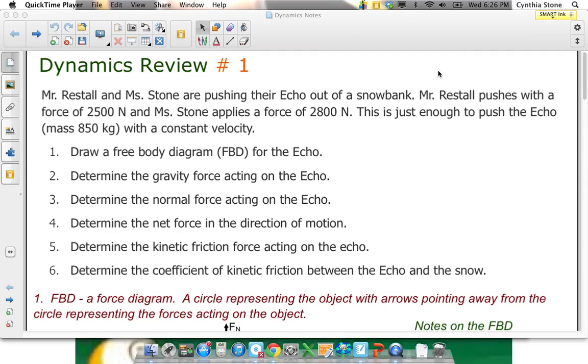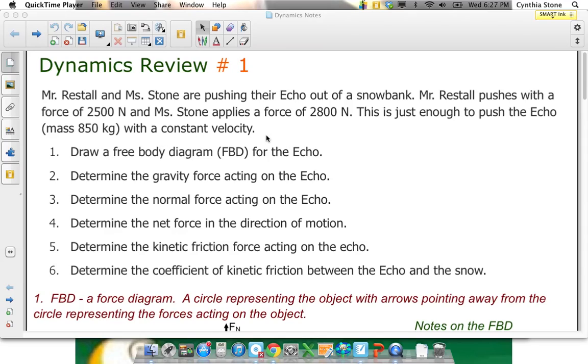Dynamics unit. Today's lesson, I'm going to break it into 4 videos, one representing each example that I have, and it's just examples of stuff we did in grade 11 physics. Okay, so this first example, you should have it in front of you, of course, and Restall and I are pushing, we don't have an echo anymore, but we had an echo, and we're pushing it out of the snowbank,